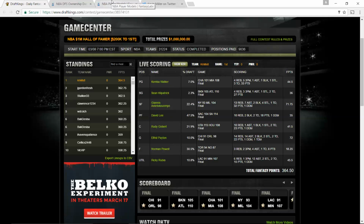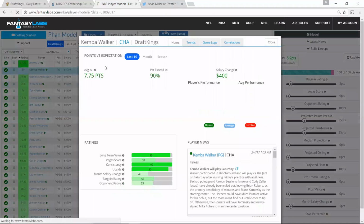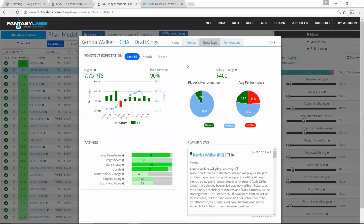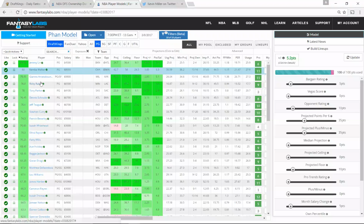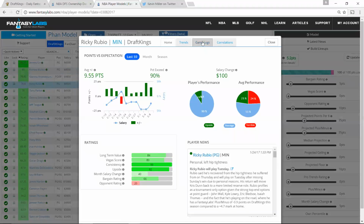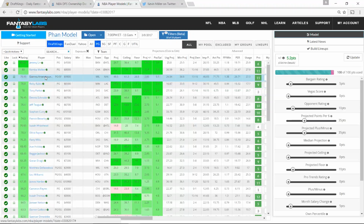If we flip over to where models were at yesterday, we can see that a lot of these were pretty popular plays. Like, if we pull up Kemba Walker, he had been incredibly consistent. He obviously had a good game last night, but he also had been crushing prior to that. Ricky Rubio, in the same boat, had just been crushing value, and he was at home, where he has really positive home-away splits. Giannis Antetokounmpo was against the Knicks, not a great defense, and had been struggling a bit,